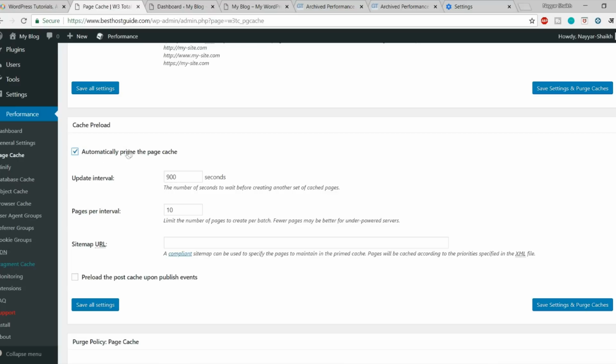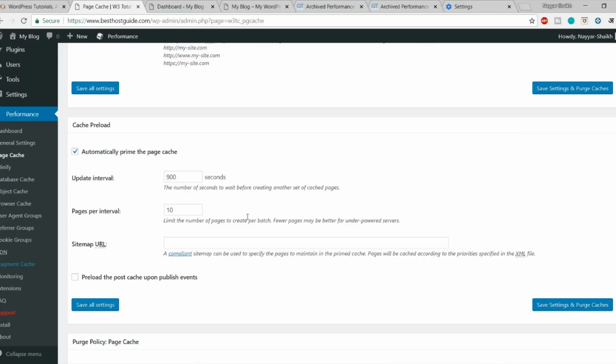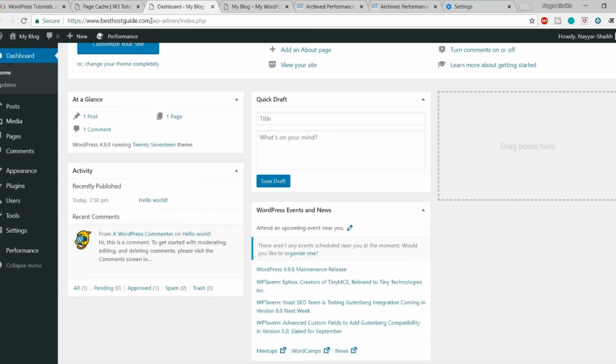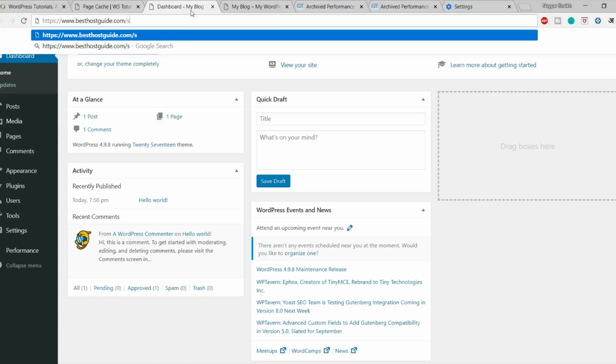So if you don't understand that, don't worry, just leave the settings to default and tick mark this. Just one setting is required over here, which is the sitemap URL. Now if you're using Yoast SEO, which is a free plugin, very good plugin, I highly recommend you to use that plugin. So what you can do is you can go to your website, type in your website URL, whatever it is, and after that put a / and type in